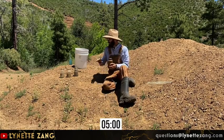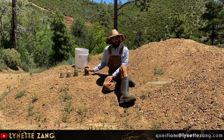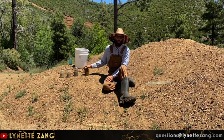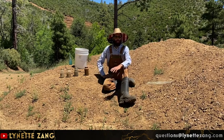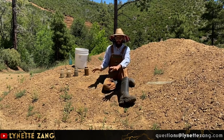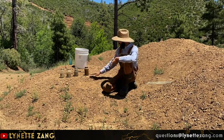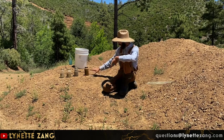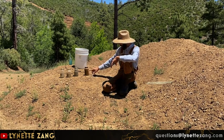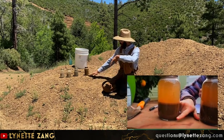And we'll shake these up, fill them all up, dab of soap, give them a good shake, and then you put them in a cool, dark area. Biggest thing is you want to make sure it's free of disturbances and getting vibrations and being shook around. The reason you're doing this is as it settles, and you can kind of already start to see in this one, it's going to stratify,